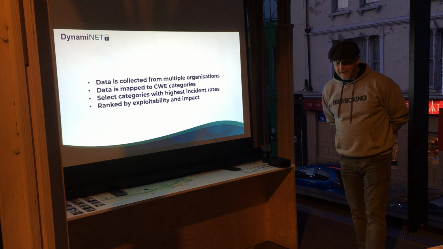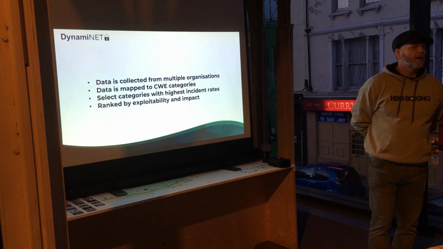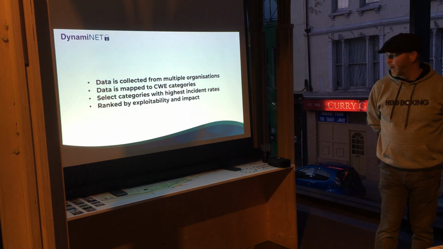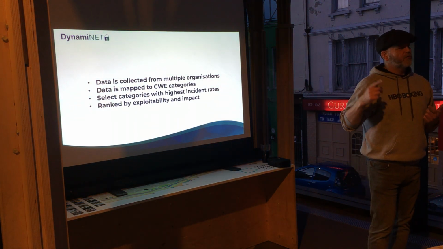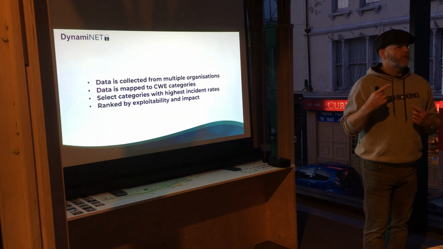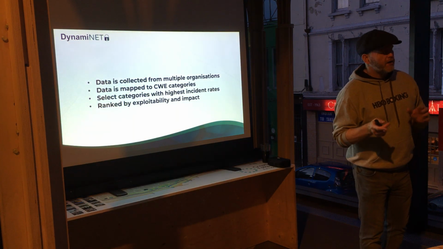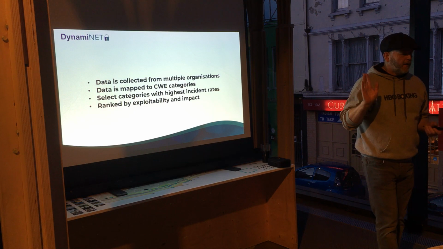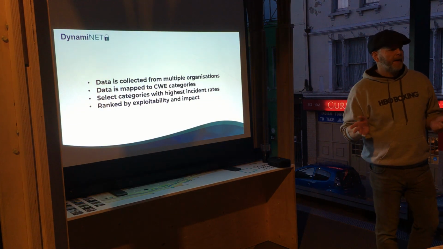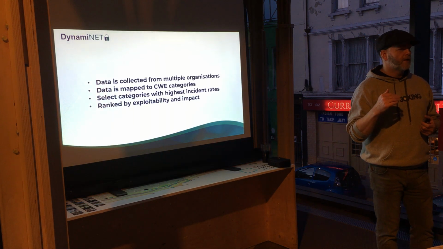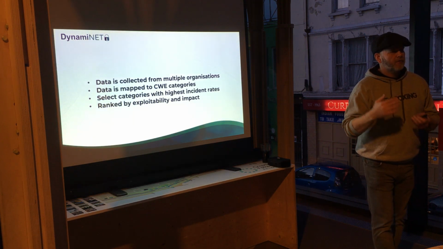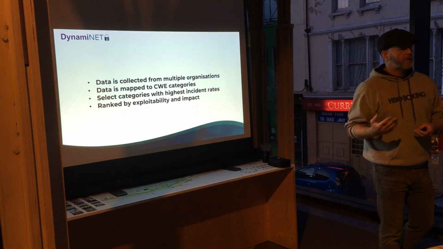Once they've broken those down into categories, they then try to map those. Once they've mapped those categories, they then look to see which ones are the most prevalent, which ones are happening the most. And then they use some exploitability and some impact to then try to prioritize that. And that's how they come out with their top 10. So a lot of data, there's a lot of background, there's a lot of research that goes into producing these